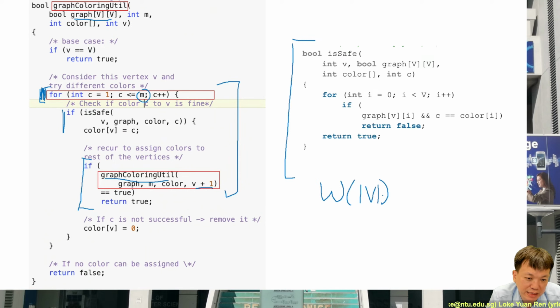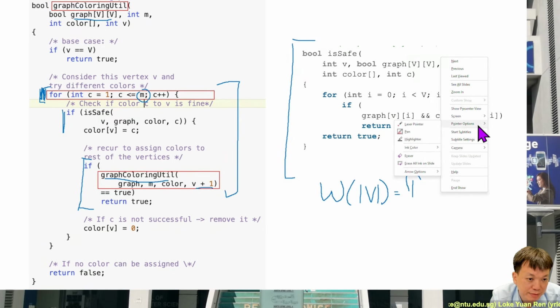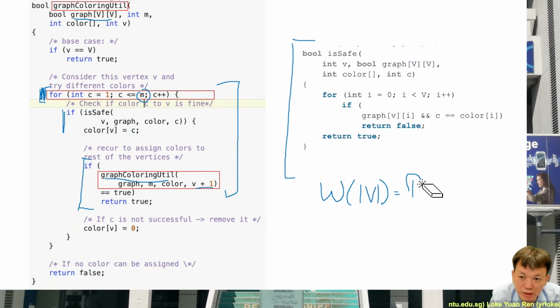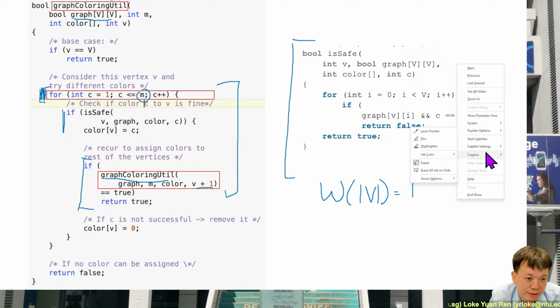When you have this number of vertices, you will do some constant step. Let's say all this process I simplify to a constant time. So it's 1 plus,